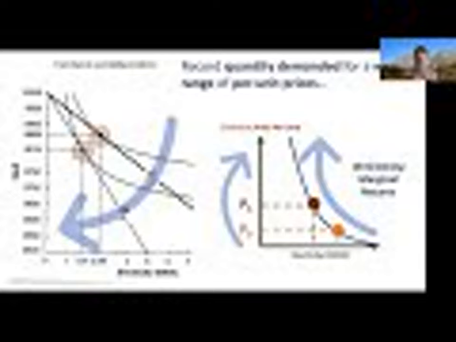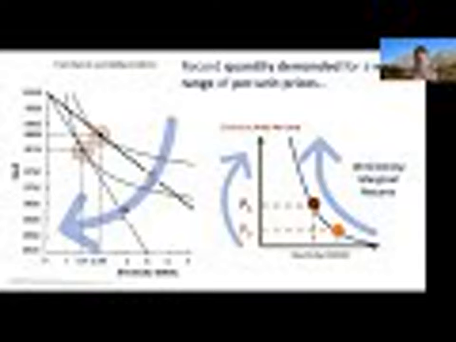It can be inelastic, where you start paying attention to the price a little bit, but you have a greater percentage change in price than you do in the percentage of quantity change. So you get a 5% increase in price, but only a 1% change in quantity. That's what we mean by inelastic. It can be unitary, which means that you get the same percentage out as you get in. A 5% change in price gives you a 5% change in quantity. And then it can be elastic. Elastic means that I only change the price by 5%, but the quantity actually changes by 10%. So it's an even greater change.